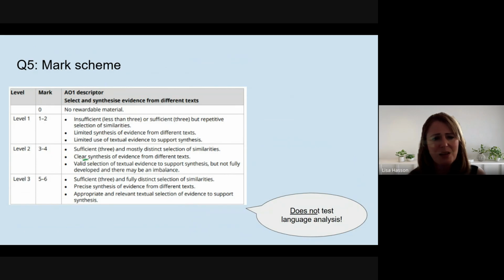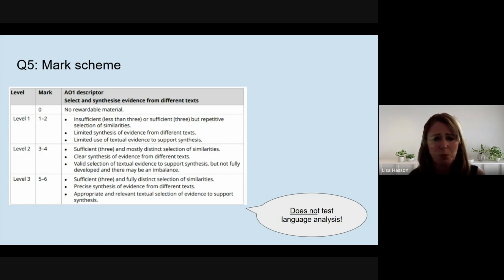You need to have a clear synthesis of evidence from both the texts, so you need to be pulling some quotes from it, and a valid selection of textual evidence, but not fully developed. Means you might drop a quote somewhere, you might have forgotten a quote, or your quote might not prove your point, which means you're not necessarily going to get out of this box. But actually, I would say this is one of the easiest questions to get maximum marks on. And all you have to do to achieve this is make sure you've got 3 fully distinct selections of similarities, a precise synthesis, so in other words, 3 really clear statements about the similarities, and appropriate and relevant textual selection to support. So a quote from each text